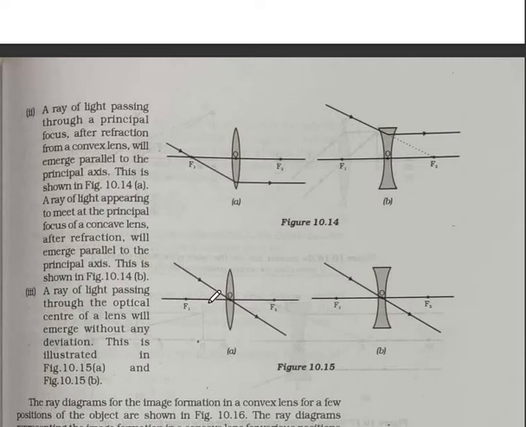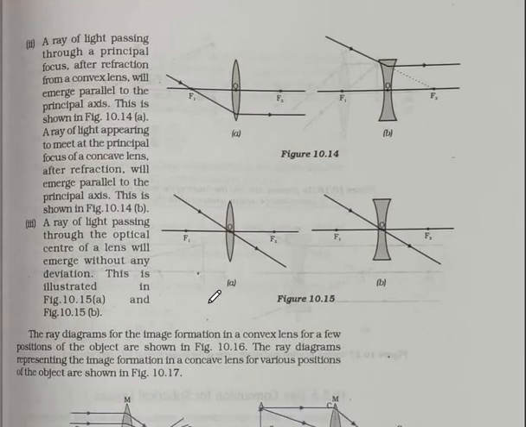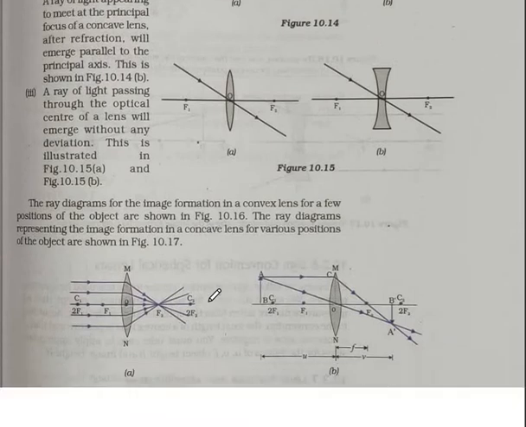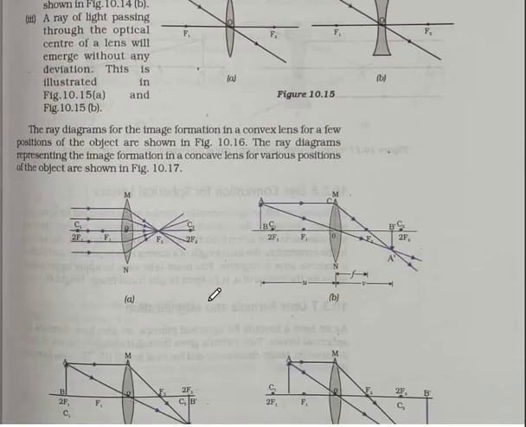After that you can draw the ray diagrams by the convex lens. Now, for convex lens we have 6 ray diagrams. Depending upon the position of the object, you will get the ray diagram. This is your convex lens. With the help of protractor or compass you can make this. And you can do one more thing.